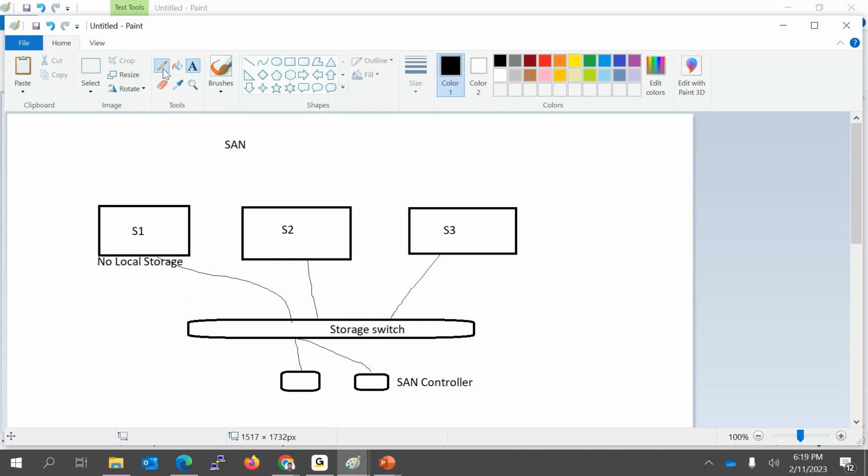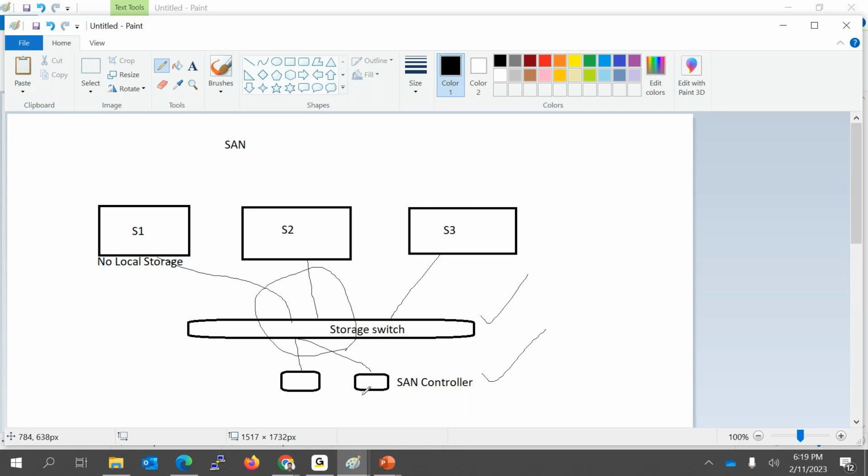So now moving from DAS to SAN, you are investing in the storage switch, you are investing in the SAN controller, and then this connectivity part. These three additional investments come into the picture, and the change is that you disconnected all your local storage. There is a centralized storage available. With this network, you connected to the storage.